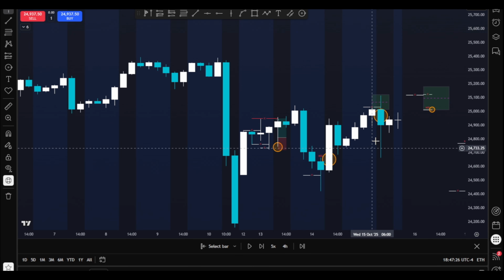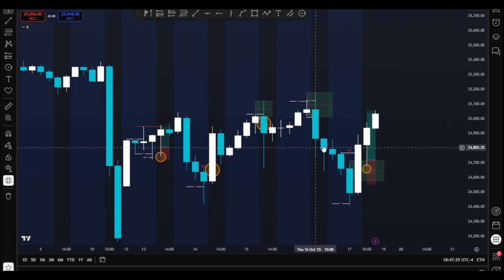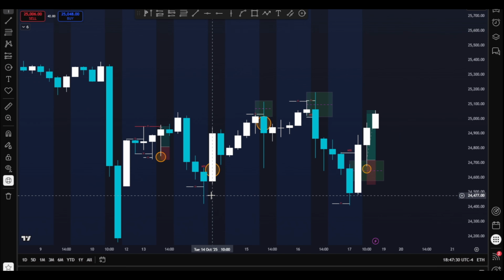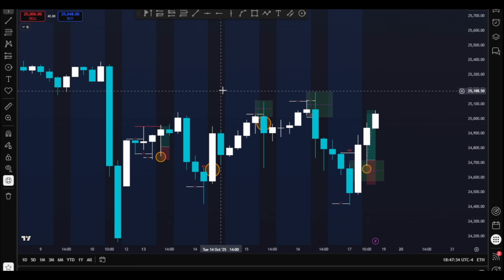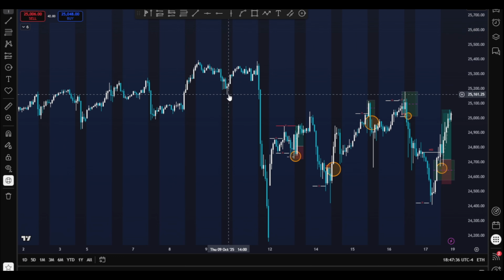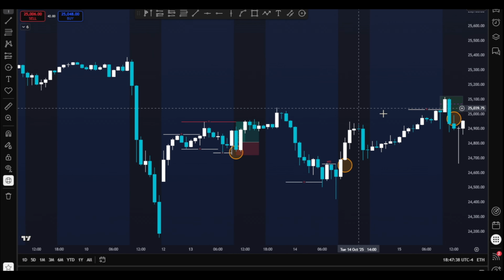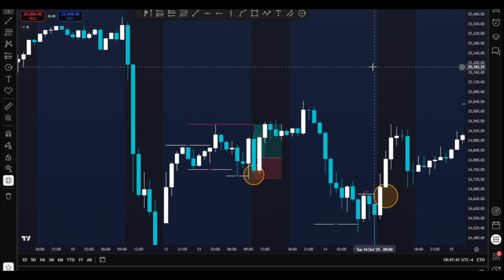Versus compared to these days, right? So let me clear this out. All these days are clear: one side sweep, one side sweep, one side sweep, one side sweep, and then market structure shift on the lower time frame. Very easy. But on this day, well, how we can protect ourselves, even if you still want to trade it,